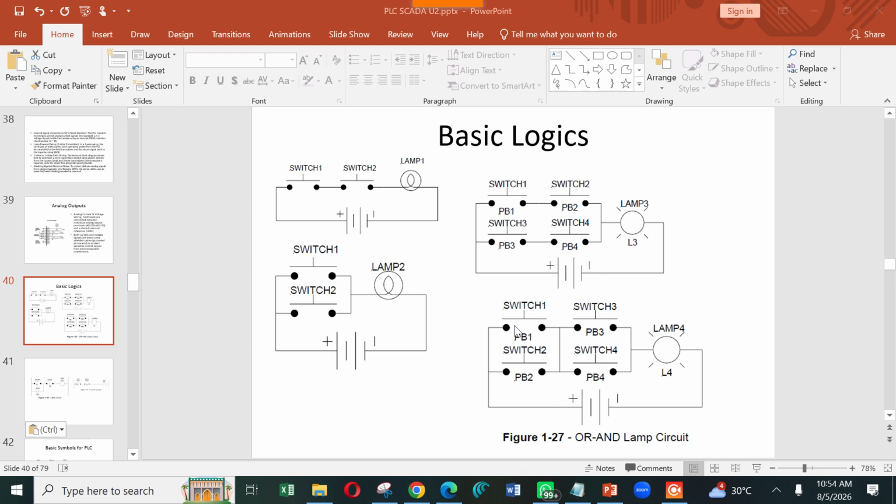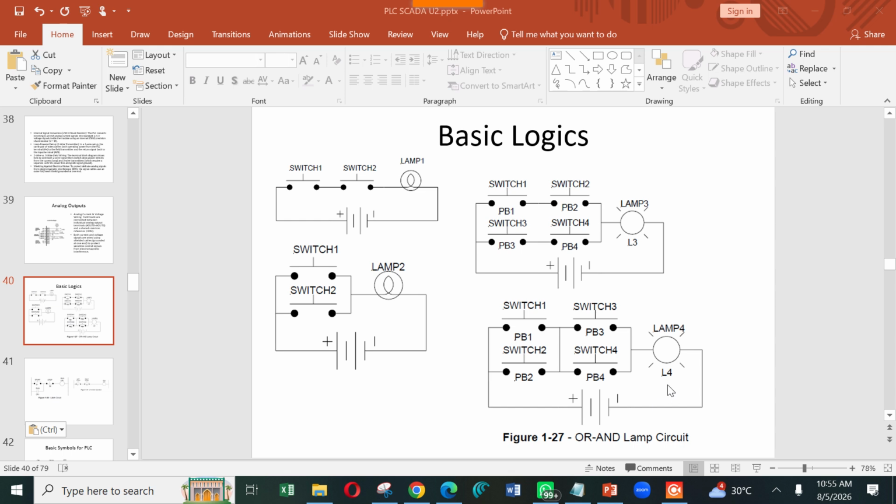For example, if you press switch 1 and then switch 4, the lamp will be on. Or if you press switch 1 and switch 3, the lamp will be on. Or if you press switch 2 and then switch 3, the lamp will also be on.